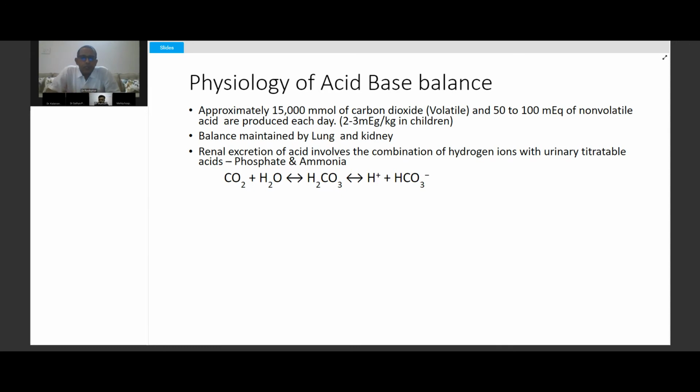When I talk about these things, we need to know some basic knowledge about it. The kidney excretes the non-volatile acids by removing the hydrogen ion with titratable acids like phosphates or ammonia. In basic knowledge, an acid is something which gives hydrogen ion on dissolving into any soluble solution. That's the beginning of the thought process, and we'll see how our thought process about acid-base balance went about.